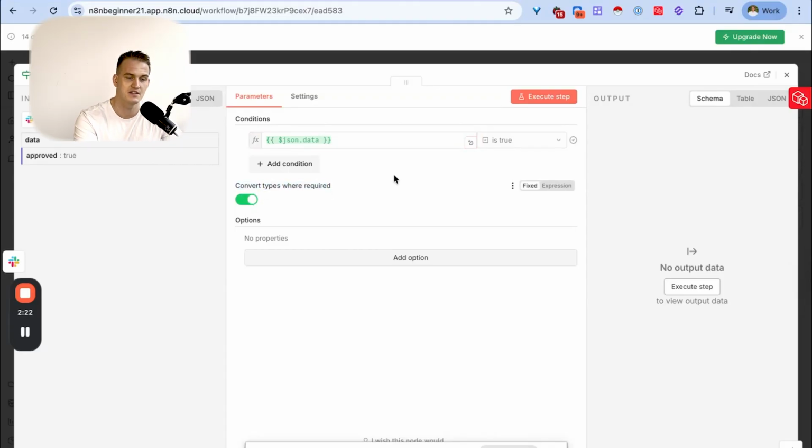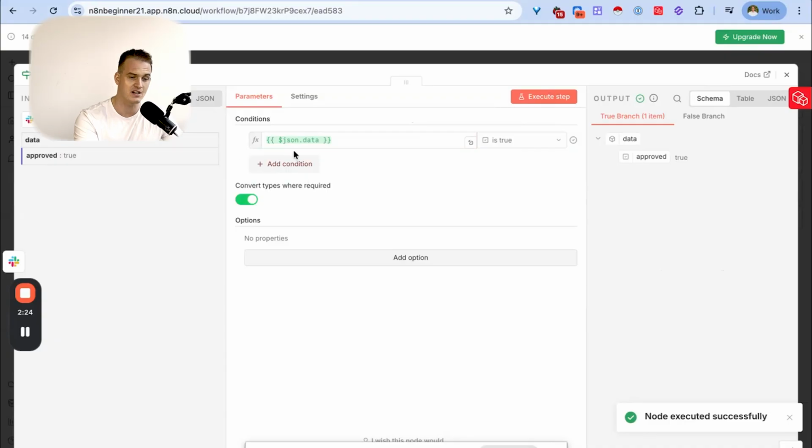Just make sure that this is ticked so we don't get an error. I'll explain and go back to this in a couple of minutes, just so that we're on the same page and so we understand this. More than that, inside of the node, we can rename the node. So for example, email reply approval. In this case, if the email reply approval is true, in other words, we ticked that box to say approve,